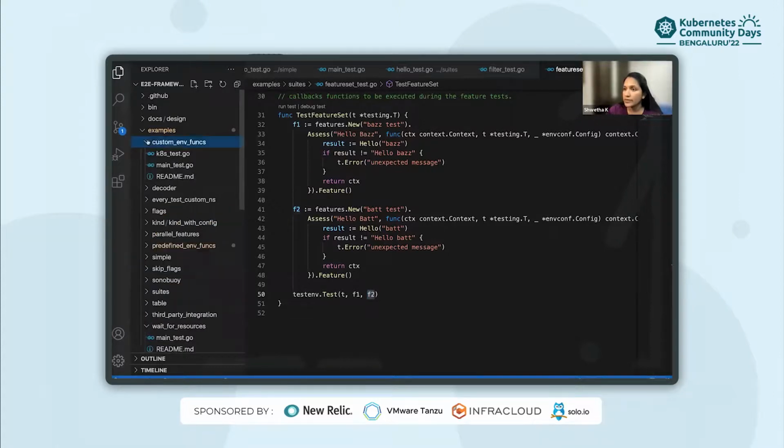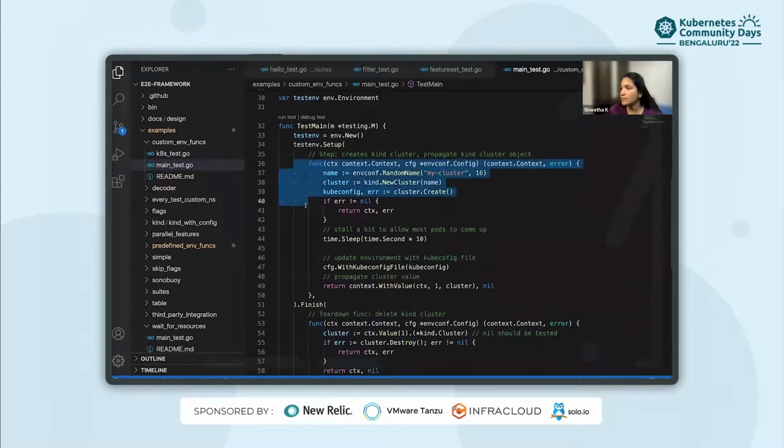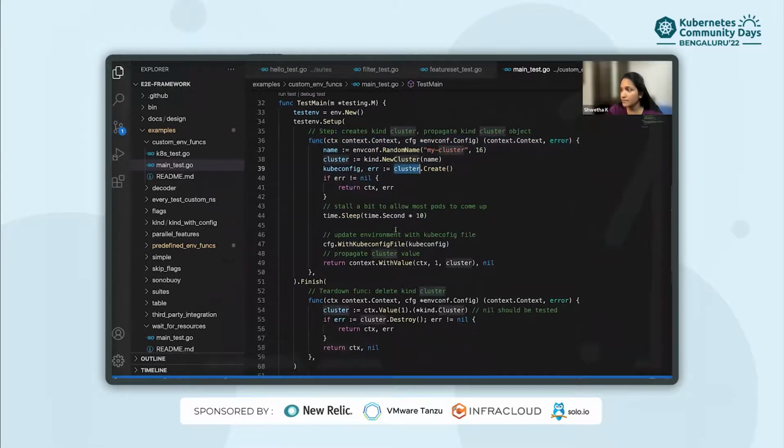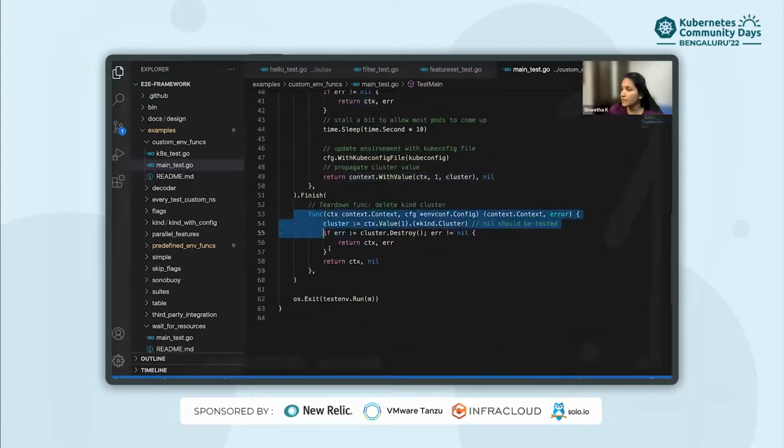Let's see how to use the client package. In the main test.go, in the setup, as a prerequisite, we have created a kind cluster. Even here we have used context propagation to store the cluster information, and the same context is being used here to retrieve the cluster configuration, and using that we are just destroying the cluster.